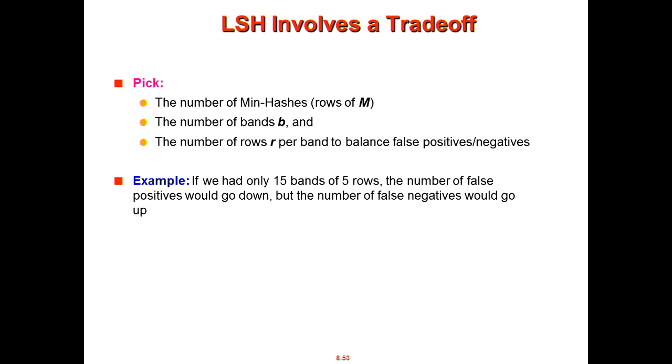So we wish to get small false positives and false negatives, and this is the criterion by which we choose these values. So for example, if we have only 15 bands of 5 rows, the number of false positives would go down, but the number of false negatives would go up. Based on what we have analyzed before, there's an equation, and I will show the equation later. You just need to know that for different numbers of bands and rows, there is a trade-off between the number of false positives and the number of false negatives. Sometimes this is larger, sometimes that is larger, and we need a good balance for the two types of